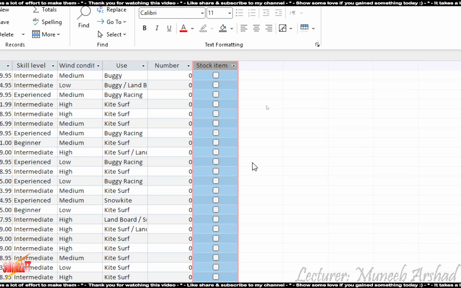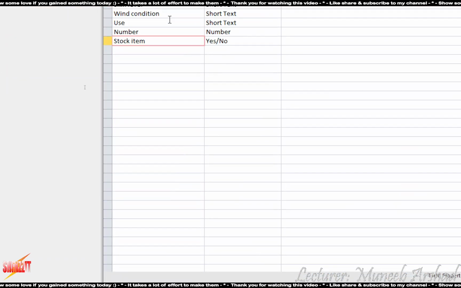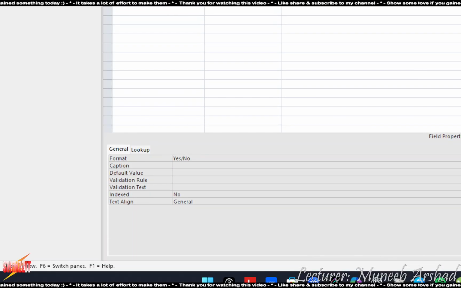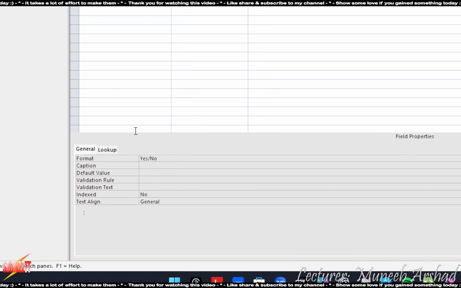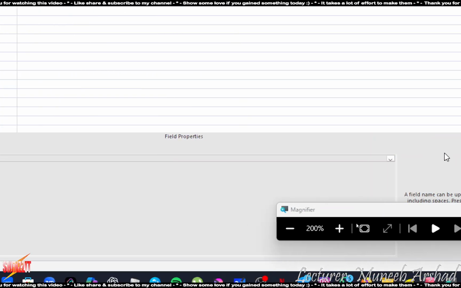That means the display control of this particular field is set to checkboxes. Now, in order to change the display control, again, go to your design view, select your field, come down to the field properties and look for the lookup tab. When you click on it, you'll get to see the display control being set to checkboxes.